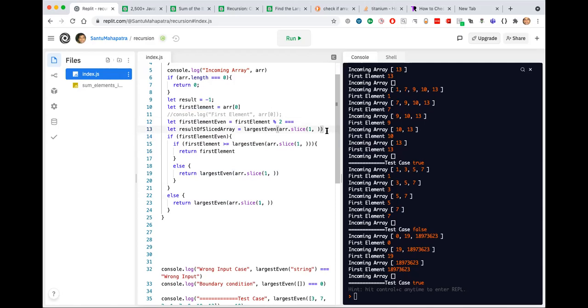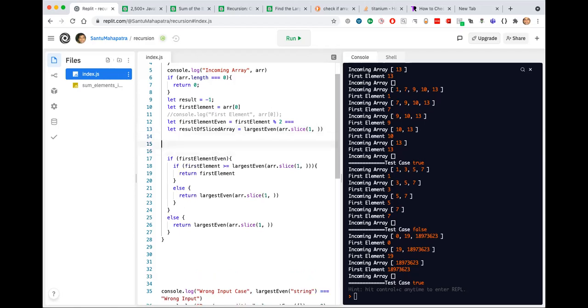One thing I have to take care of, if there is only one element and that is odd, so I'm adding another boundary condition to this mix just to return -1. If there is a last element and that is an odd element, then I return -1. In all the other cases, I do this other juggling, shuffling around.